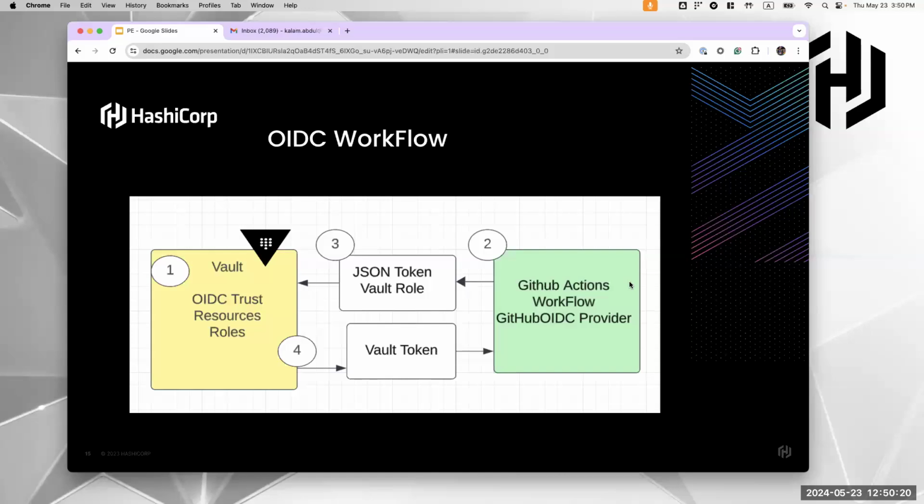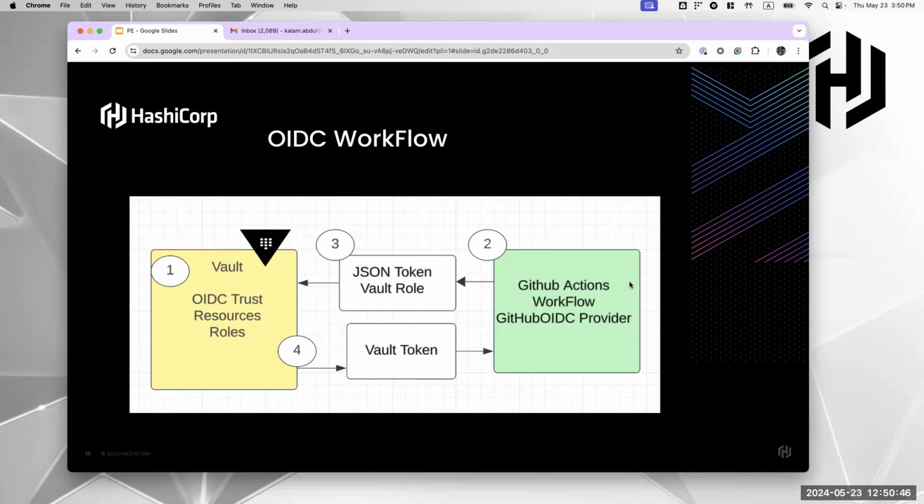On this slide, I'll go over the OIDC workflow, which we will be working on in our lab next week. I want to put together a high-level workflow to make sure we understand this when we go to the lab. Before we set up our pipelines to authenticate to the Vault and get the token, there's a step 1 that is to set up a mutual